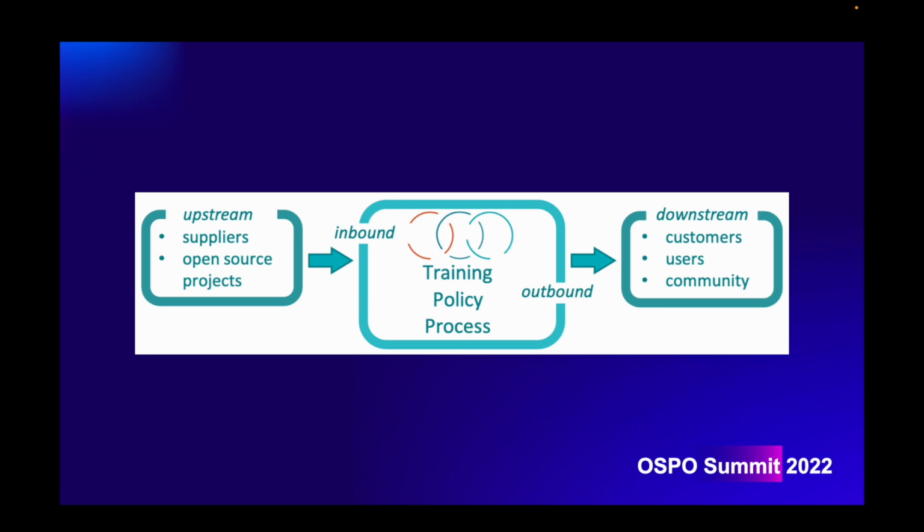For example, the basic structure of the standard is to say, if you're a company doing open source, have an inbound process to identify the software and the license. Have internal training, policy, and process to make sure that the people dealing with the software know that license compliance is important and know how to address it. And then on outbound, double check what's the software and what's the license.